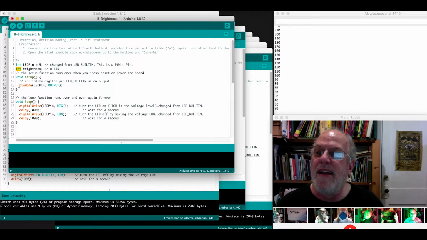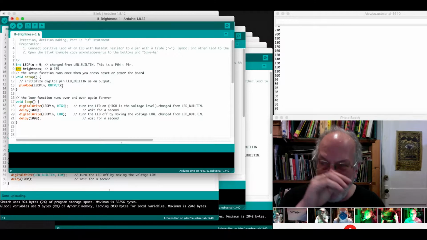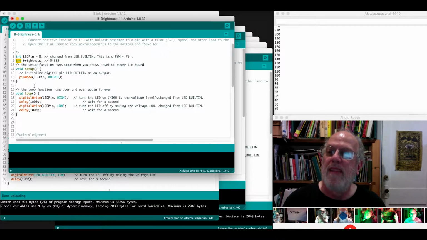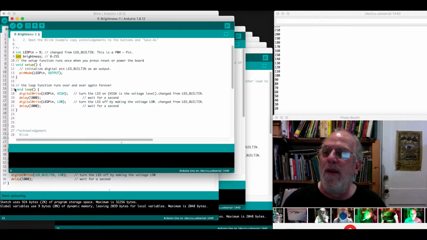I want to set up that pin, that LED pin, as an output so I can change it between 0 and 5 volts or in the levels between them. And then I'm going to go into the void loop function. This is the part of the program that runs over and over. When it gets to this squiggly brace, it goes back up to the top and starts over. And just to make sure things are still working,